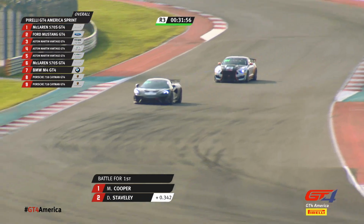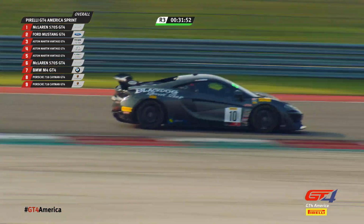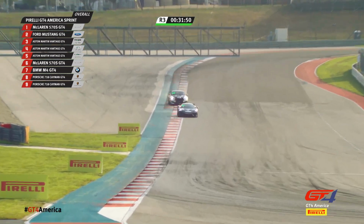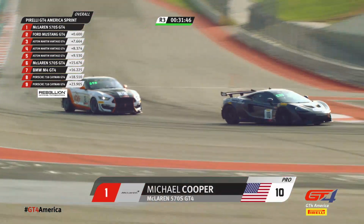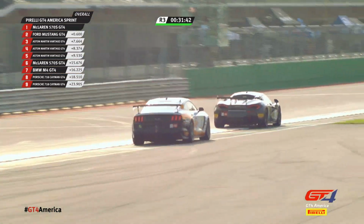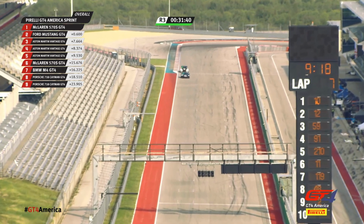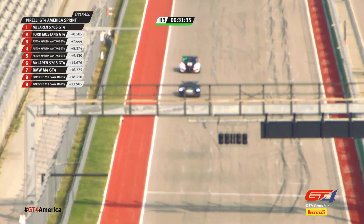And Cooper, that last lap, though, Stately a 10th quicker than Cooper. He's hanging with him, but it always seems like Michael's got the ace up his sleeve to throw on the table in the late going. 10 wins on the year, won 9 of the last 10. But they've all been pretty tight. Yeah. Well, and Michael is just,